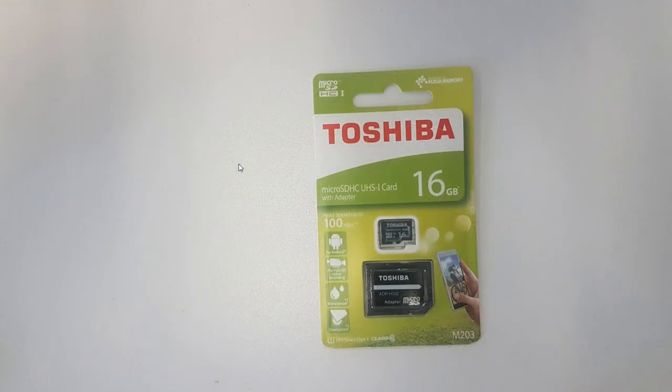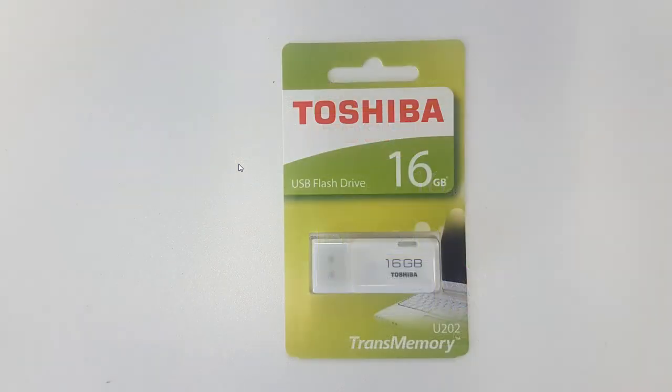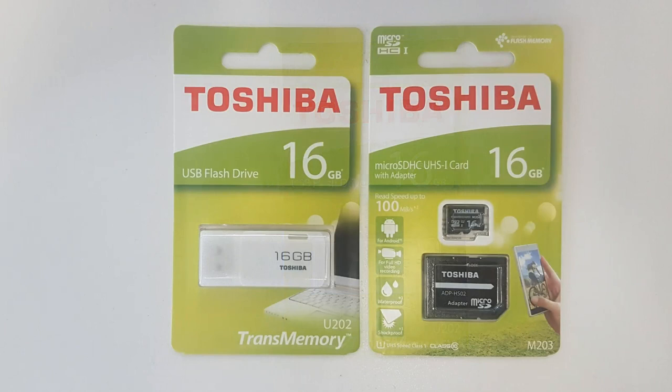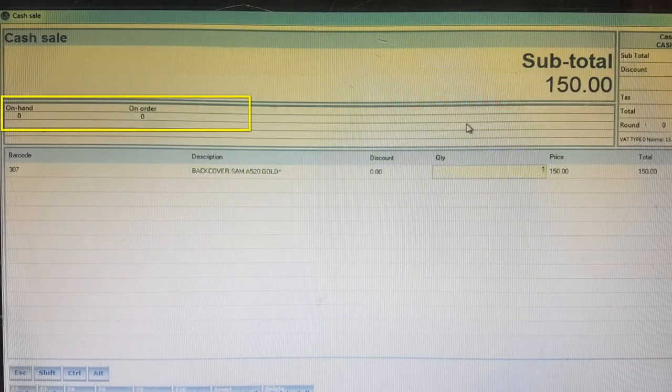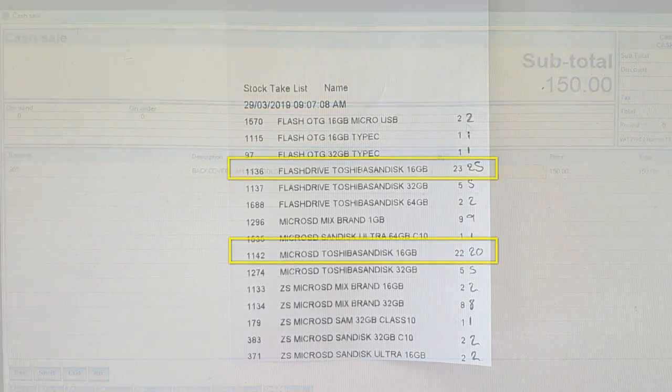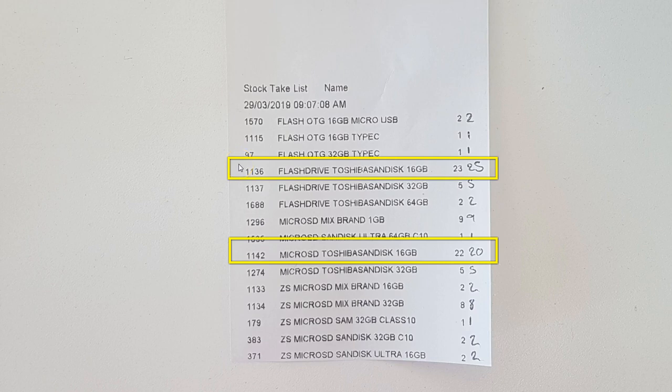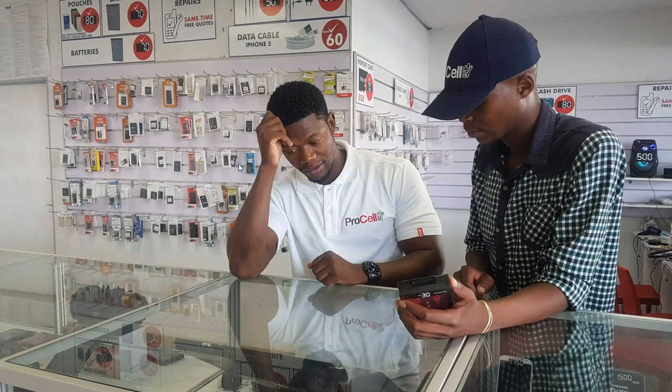For example, a customer buys a 16 gig memory card, and because they're the same price as the 16 gig USB, the salesman might tell one in place of the other, thus causing one to be over and the other one to be short. A salesman might even tell an item which shows zero stock on hand, which will in turn cause the stock on hand to be a negative quantity, and this will cause your stock take to be unbalanced. Once you realize that such an incident has occurred and you now have minus quantities in your stock take,